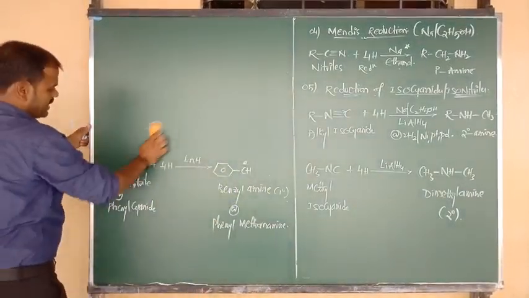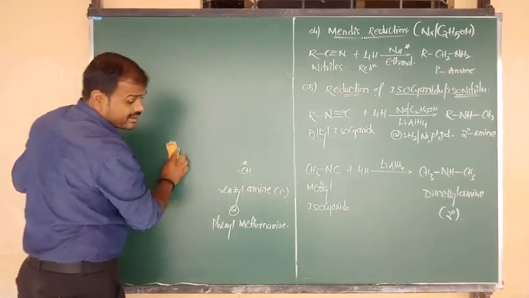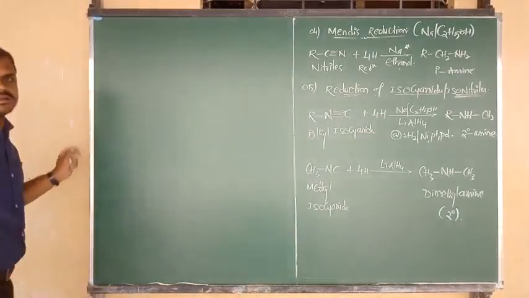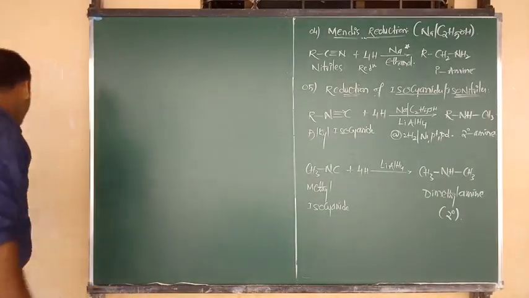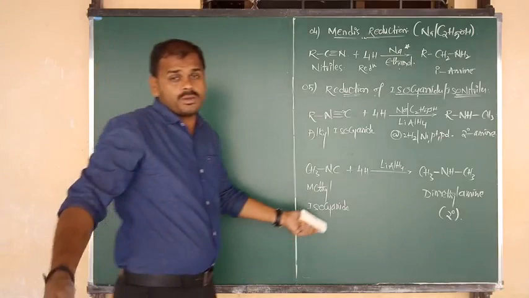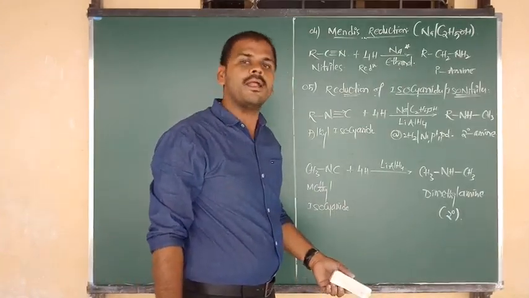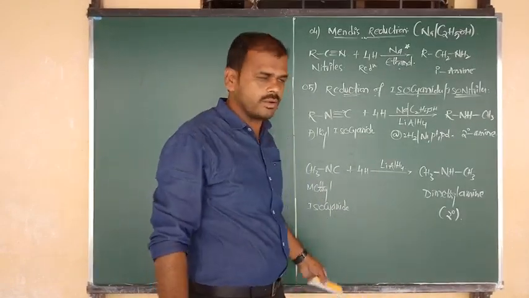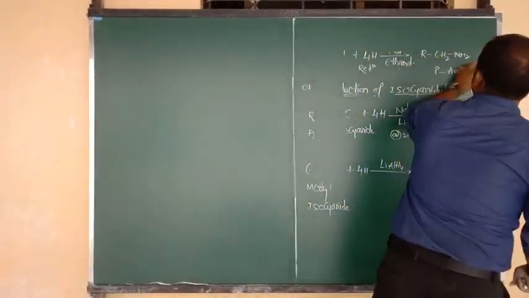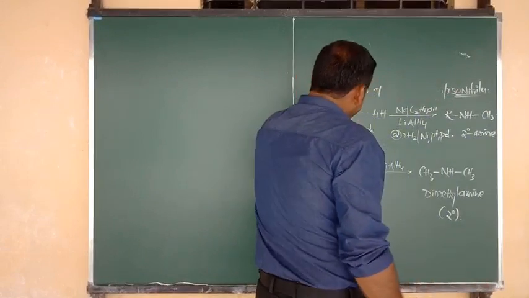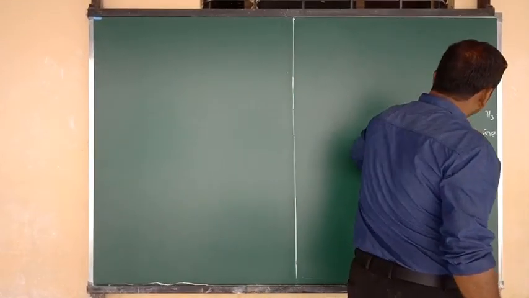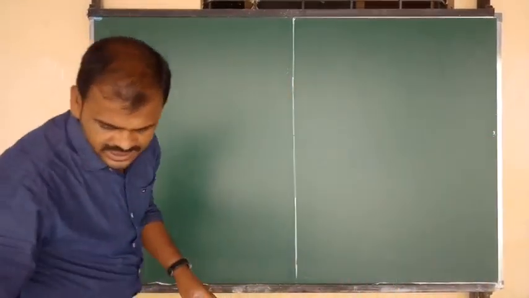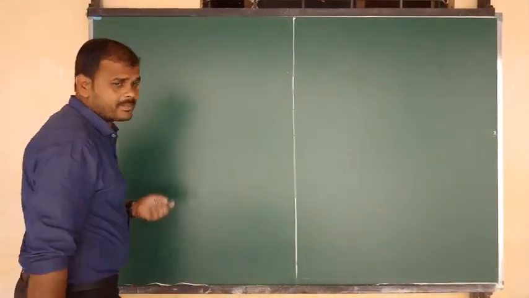6th one, 7th one, 8th one. These 3 methods are the 6th, 7th and 8th. All 3 methods are very, very, very important. I don't know how much you will focus, but guaranteed 100%, all 3 methods are very important, and the first one is the Hoffman method. All these are NCERT methods. Extra ones we are going to discuss in tomorrow's class. Just in today's class we are going to discuss only the NCERT methods of preparation.